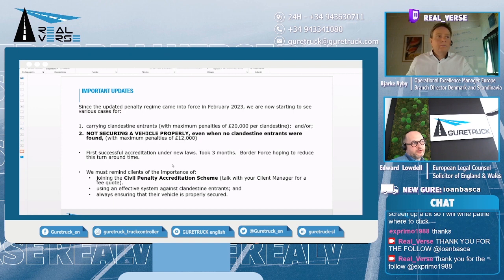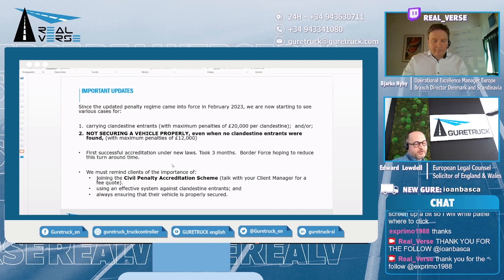So as a reminder of several things to ensure reduced risk and reduced liability, it's very important that all clients making transport to the UK join the Border Force clandestine entrant accreditation scheme. If you're on the accreditation scheme, you'll get a 50% discount on any fine. So this is very important, and the other 50% discount will come from using